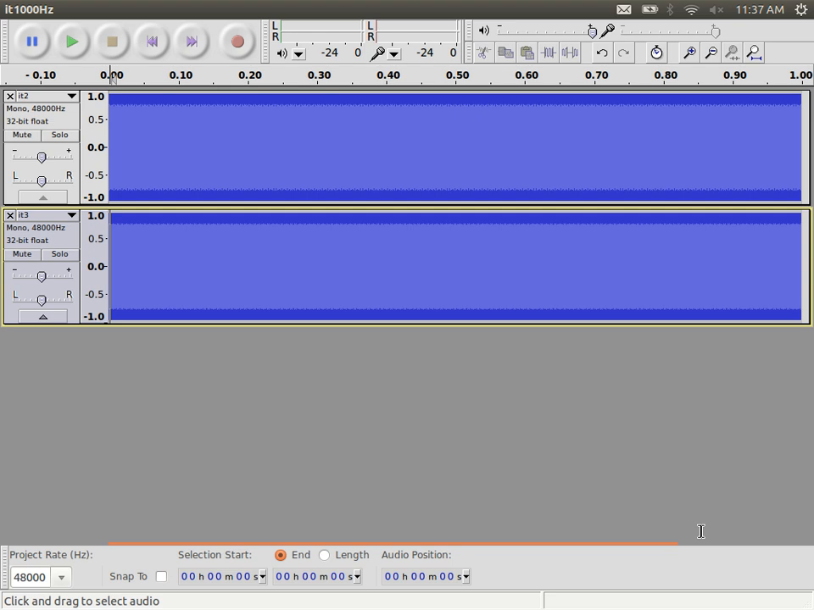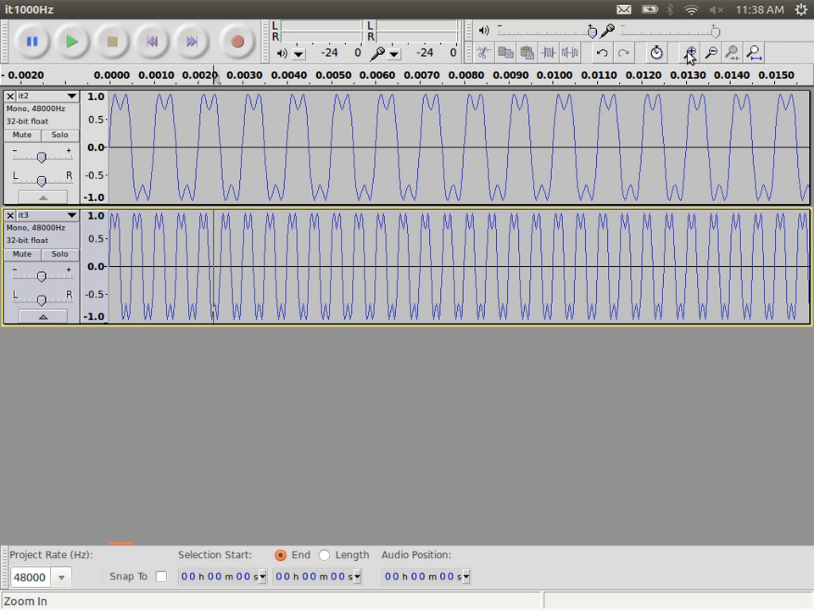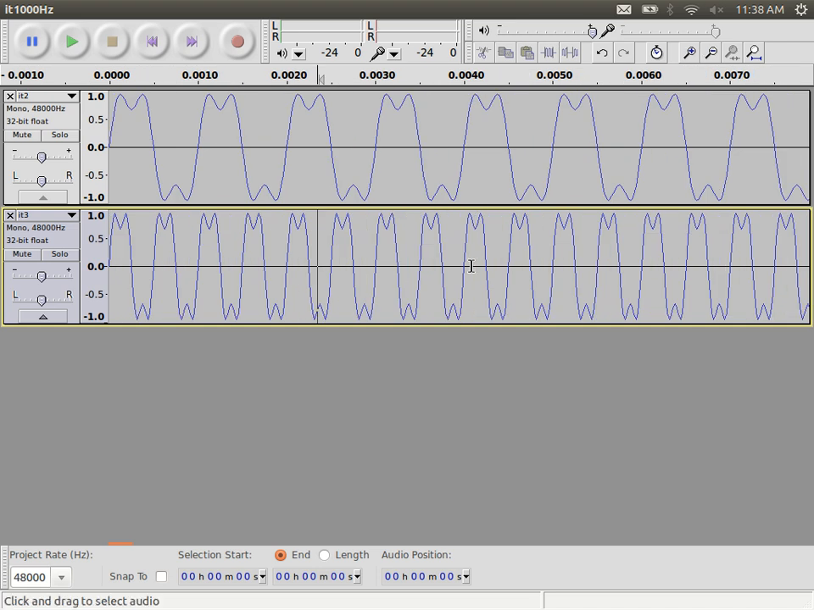Zoom in. The top one is signal A, the bottom one is signal B. Same shape. It's the same shape, except of course we see signal B has twice the frequency of signal A. That's the only difference in the time domain. In other words,